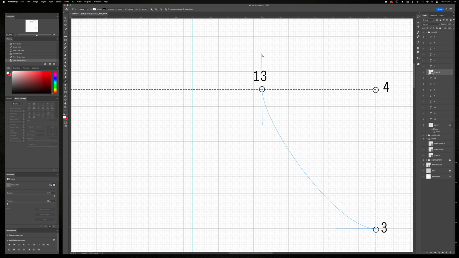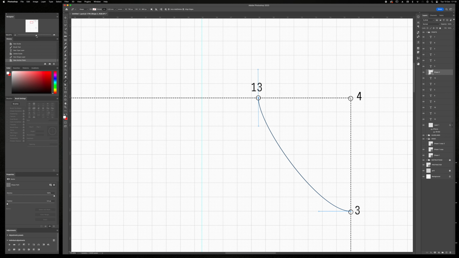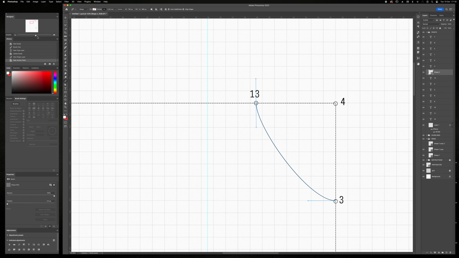So, for the front neckline, I have started on point 3, clicked, held and dragged out to the sides. Then on point 13 I have clicked, held and dragged up or down. Now at this stage we may not obtain the line we desire, but this is okay. We then select the Direct Selection tool. We can then use this tool to isolate our nodes, our starting and end locations of a line, which will reveal the manipulation guides of both it and any neighbours, and then by clicking, holding and dragging on any of the endpoints of the manipulation guides, we can alter the orientation of how our line starts and ends, as well